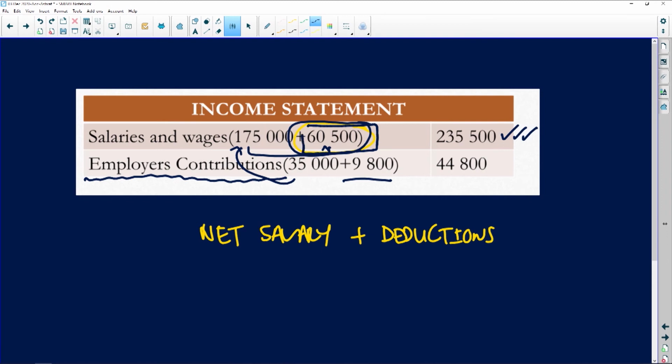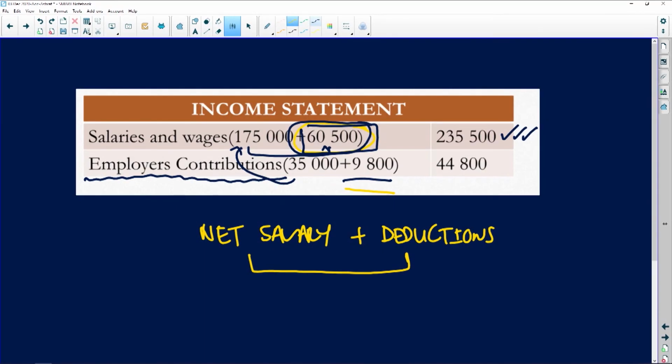Okay, so this is the income statement. What do you remember? You remember that you want to add the gross salary to your salaries that have to be processed. So in other words, this person that was left out, the gross salary was an amount of 60,500. Depending on how the information is presented, you have to remember that your net salary plus your deductions will give you your gross salary. Got that? Bring in your employer's contribution. There's your employer's contribution, and here you can see that it was 9,800. Added to the 35,000 will give you a figure of